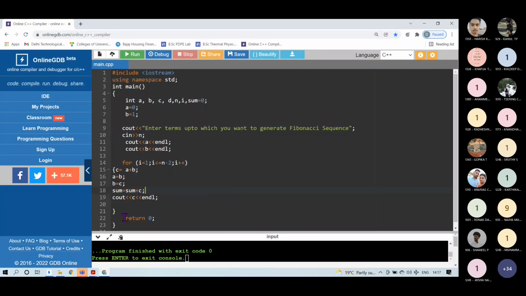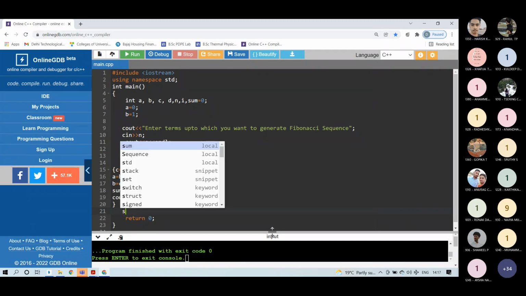Okay, now I have to print the value of this sum variable. So whether I have to write it inside the body of the for loop or outside the body of the for loop, tell me. Where should I write cout sum? Outside the body.